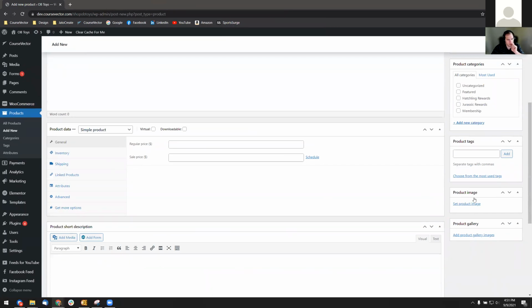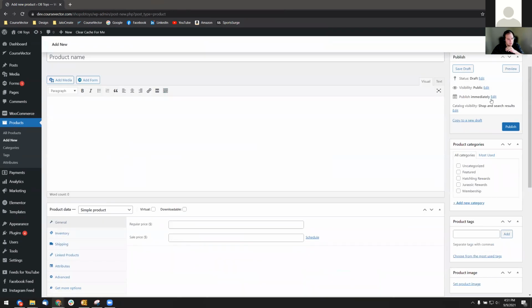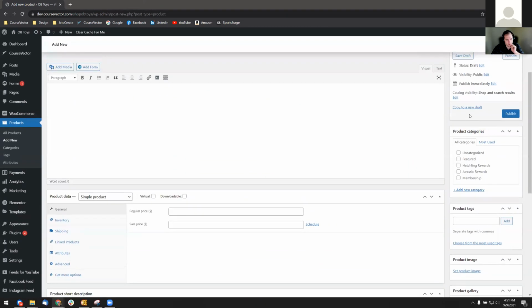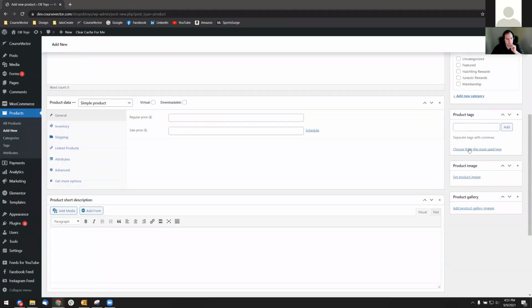You also want to make sure, again, same thing as posts, you want to make sure that you set your categories correctly. I wouldn't worry too much about tags. You also want to make sure that you set your product image over here, and then any additional images that you'd like to add to that. And this goes into the